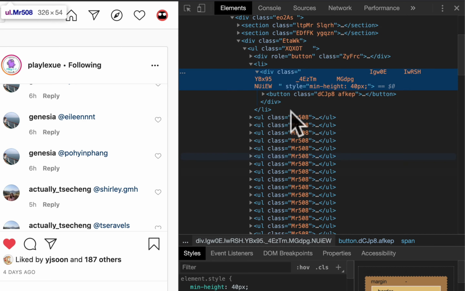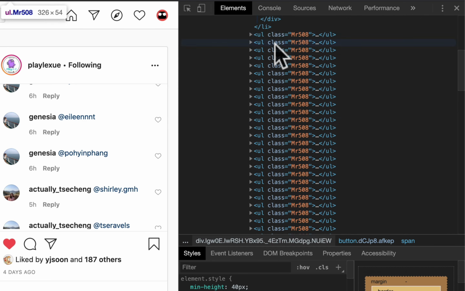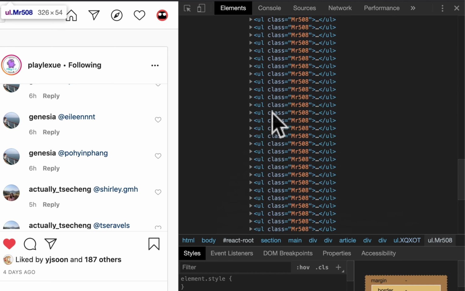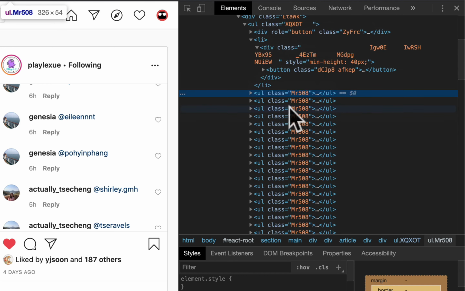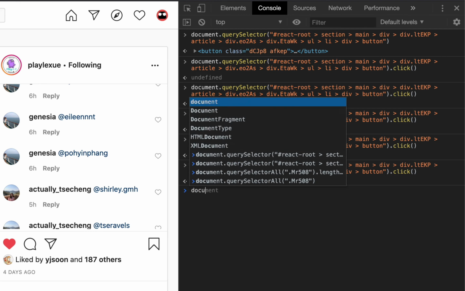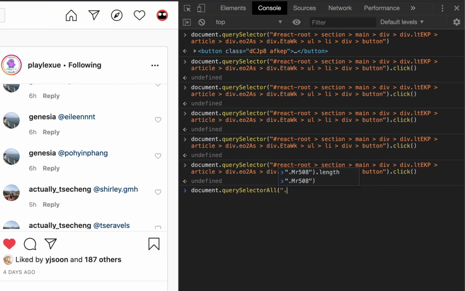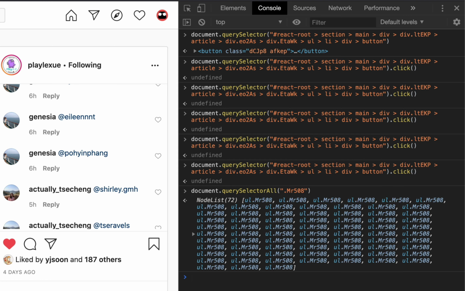As I click, you can see these UL unordered list items, and each of them belongs to a person. In theory, when I've loaded everything, I should have over 600. This list item has a convenient class, which I guess is a randomly generated number and letter combination, called Mr. 508. It sounds very suspicious, but never mind. To get all these things, you can use document.querySelectorAll, and then .Mr. 508, because for classes you use a dot.